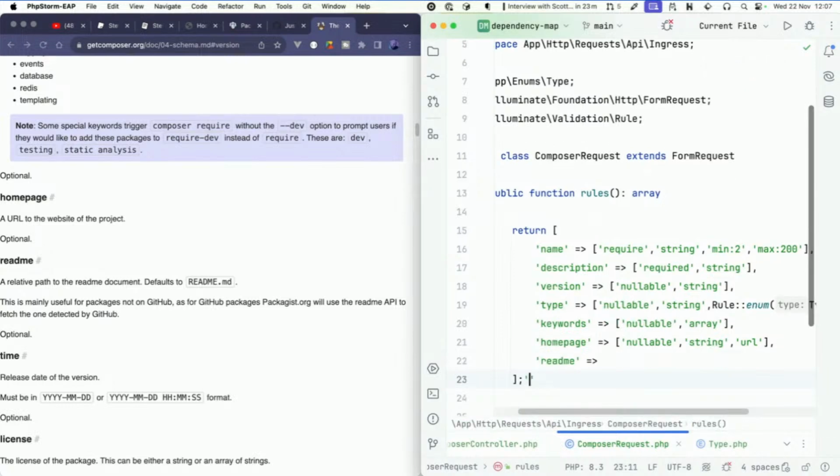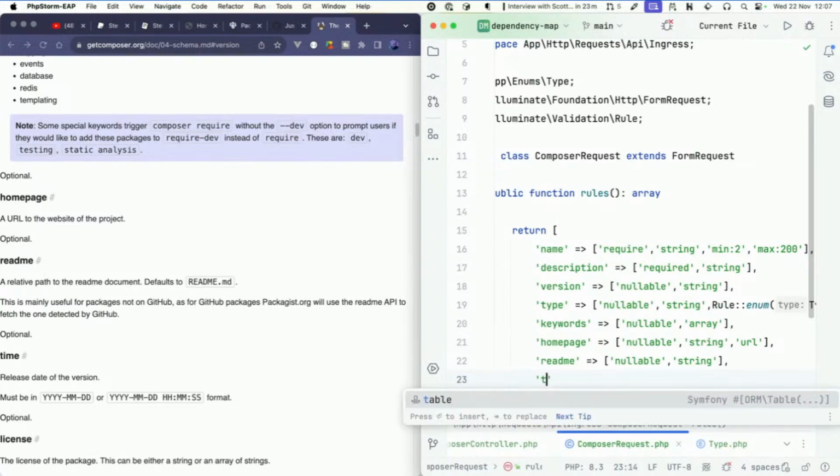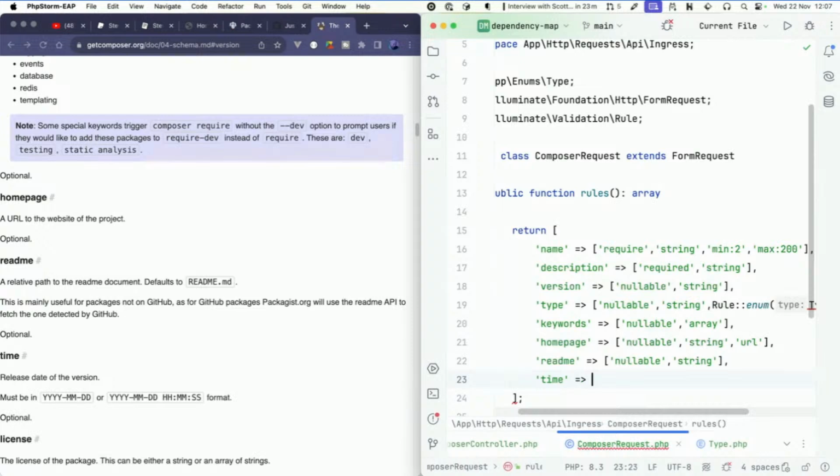README. Why is it I keep doing that? Again, nullable, should be a string if we have it. Release date of the version. I suppose we can have that. Time. This is nullable. If we do have it,